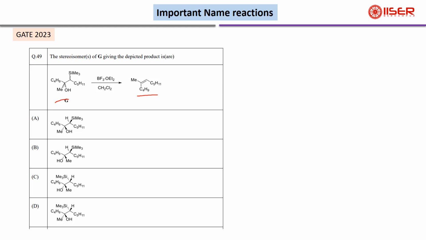Peterson olefination has two types. One is base catalyzed and one is acid catalyzed. We have already discussed all this. Whenever there is a base catalyzed reaction, the reaction goes through a syn elimination procedure. And if it is an acid catalyzed reaction, the reaction goes through an anti-elimination type of procedure. So if you see the substrate here,